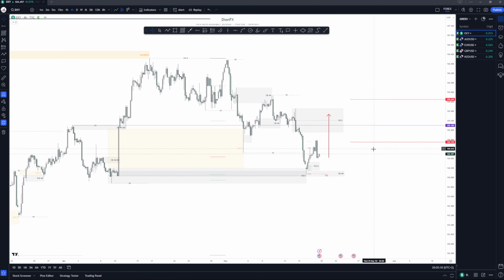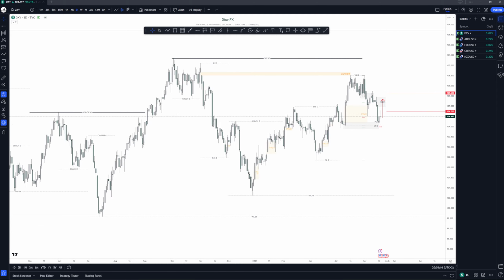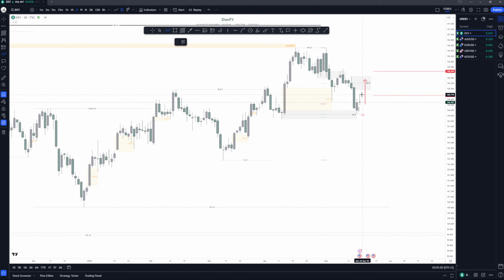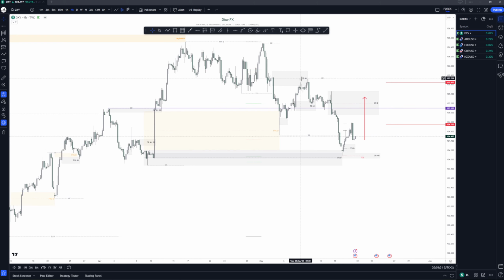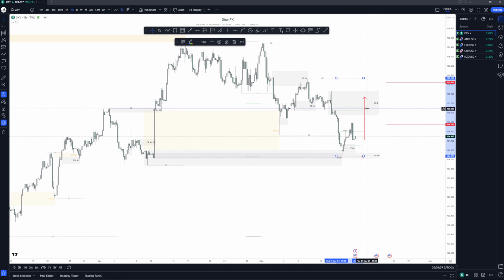So again, DXY, I would like to see price come up this week and reclaim the 105 level. If price was to do that, then going to next week, it would be a very easy and simple week to be trading. But if price was to continue low and come to these levels, then we will just be trading with the trend, with the internal structure. Because like we see right now, the internal structure on the 4-hour is literally this high and this low. So any place around the 50, any place around the 61.8% level, we could be looking for sells to the downside.